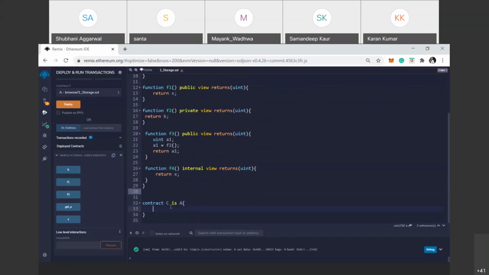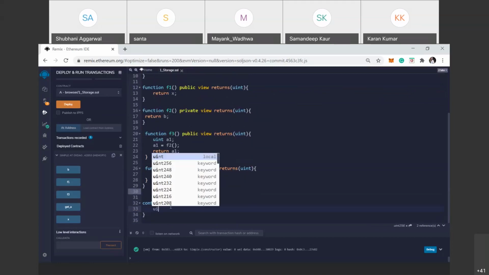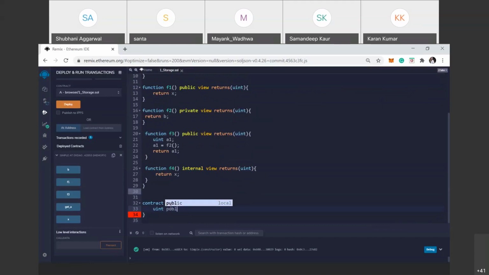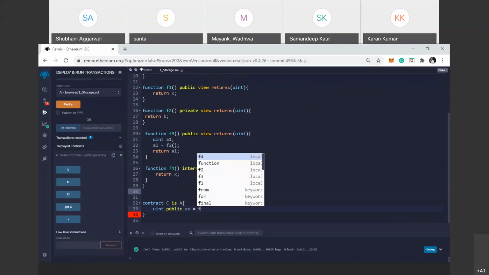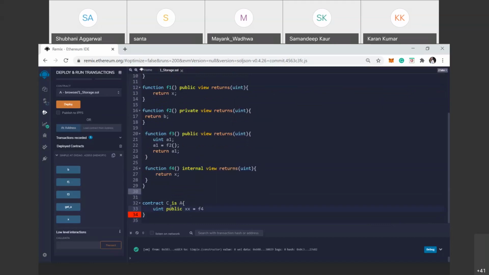So here, suppose uint public, one variable is xx. It calls the function f4, because f4 is internal in nature and internal functions are used in derived contracts. Okay.